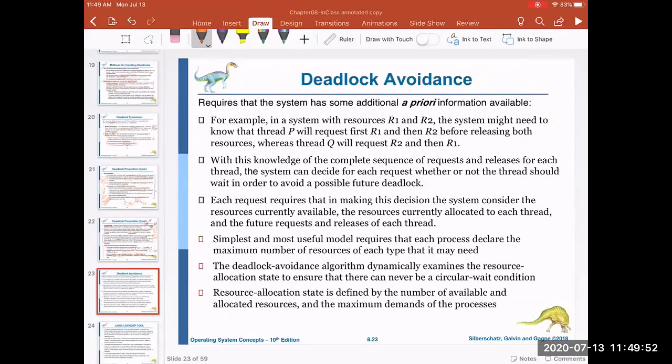Now, the second part is deadlock avoidance. In deadlock avoidance, we need to know some information about the resources. We need to know how many resources a process requires before it starts execution. So if there are two resources and P will request R1 and R2, then we know who would be using how many resources and what those resources are. In that case, we know that this situation could lead to a deadlock condition,